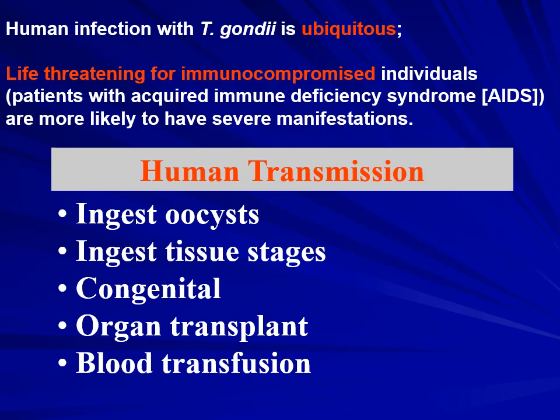A few cases talked about blood transfusion, and the literature is full of papers that talk about organ transplant transmission, especially people who receive liver and kidney transplants. These are organs that usually can be highly infected with Toxoplasma and can be a threat for the immunosuppressed patients receiving these transplants.